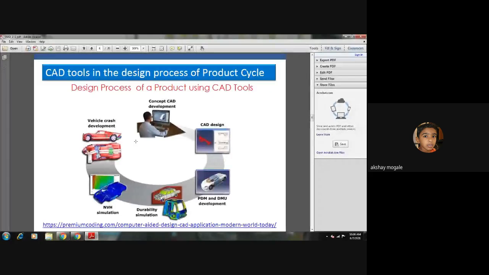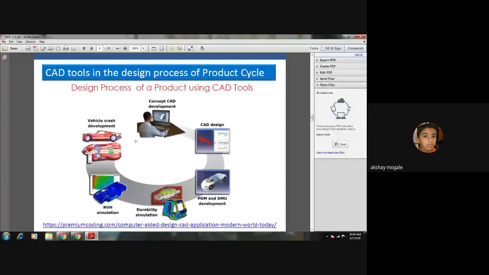So now the second part we are talking about is how the design process of a product, using CAD tools, was affected, or how CAD was used for increasing the efficiency or productivity of the design processes.